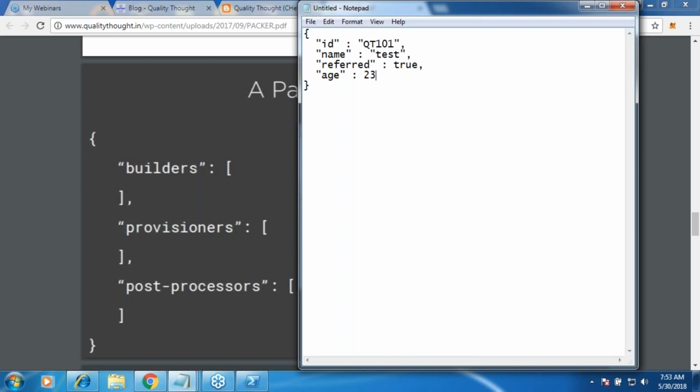Now I want to take the address, but the problem with address is I want to take street line 1, street line 2, state, city, and pin code. I have many different things to be asked in address. So my key is simple, but my value has 5 different values.